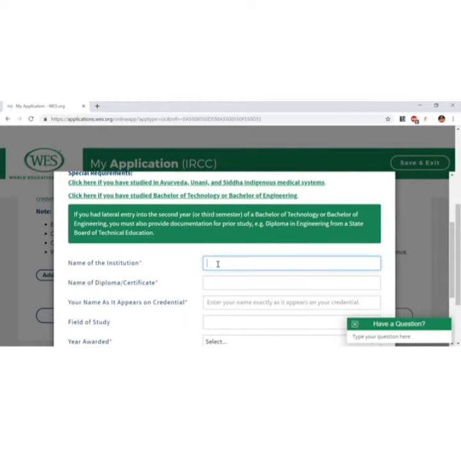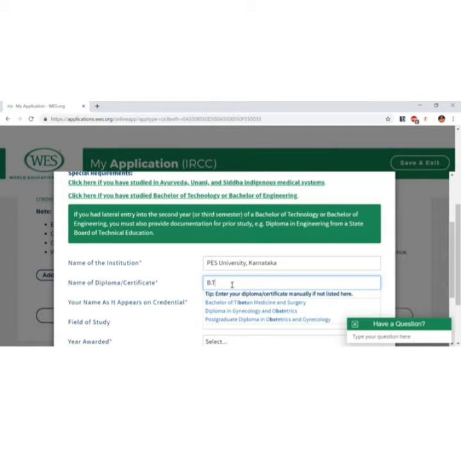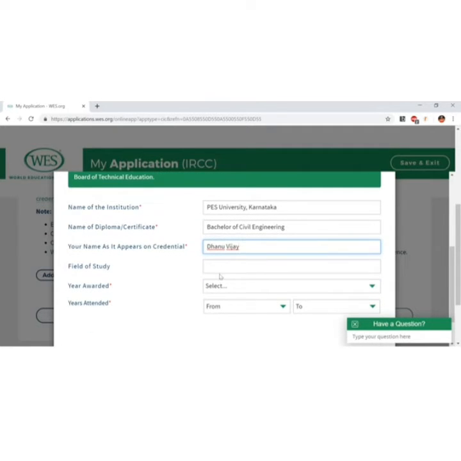The name of the institution. So let me just put it as PES University, Karnataka. So mine is Bachelor of Technology. The name as appears in the credential.